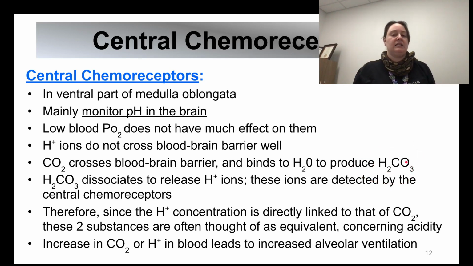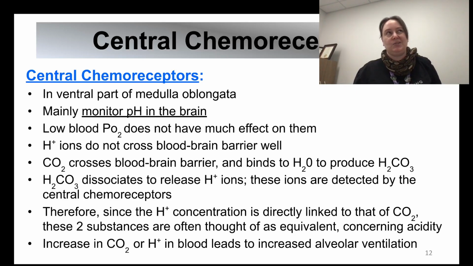And this dance of going back and forth between oxygen and carbon dioxide actually does this cool dance of going back and forth between acids and bases. And that's how we control a lot of the things in our body. Because remember, a lot of parts of our body are very, very dependent on the enzymes working there to keep everything going, and those enzymes are very, very sensitive to pH changes.